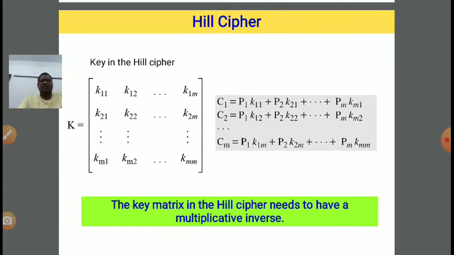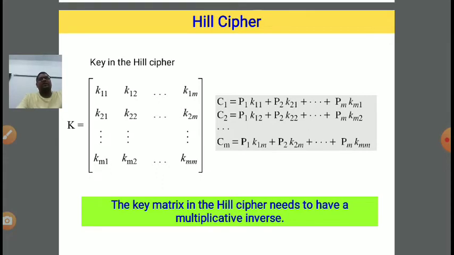So at the sender end we are generating ciphertext, and at the receiver end we are generating what? Plain text. So whatever mechanism we apply at the sender end, just the opposite mechanism we need to apply at the receiver end, right? If you look at this slide, we have a key.